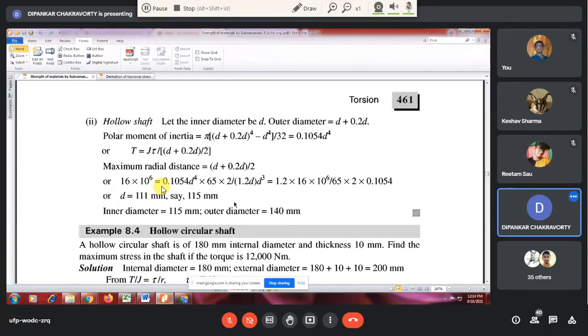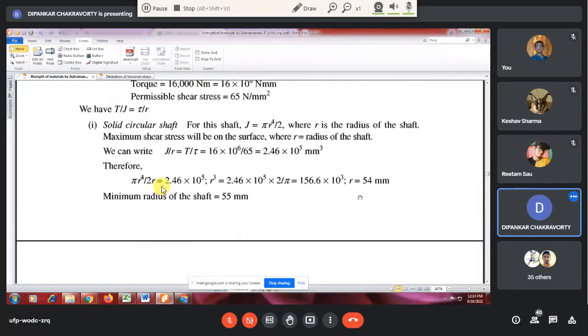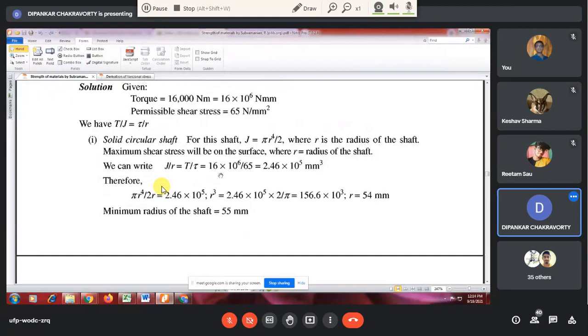The 55 mm was diameter. Sorry? 55 mm is diameter, right? Was it diameter? No, it's radius. 9498.5. This one. Millimeters. Yeah, this one is 9498.5. 9498. Okay. Here,